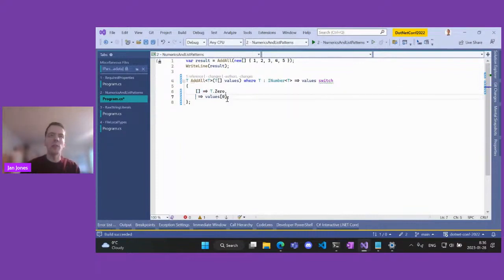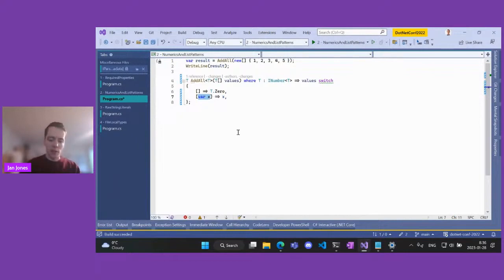And here we can write, for example, 1. So that would match a list or array with element that has value 1. So you can do, for example, like this. But of course, we want to be more versatile here. So we would extract the first element and just return it, because sum of list of one element is just the element.